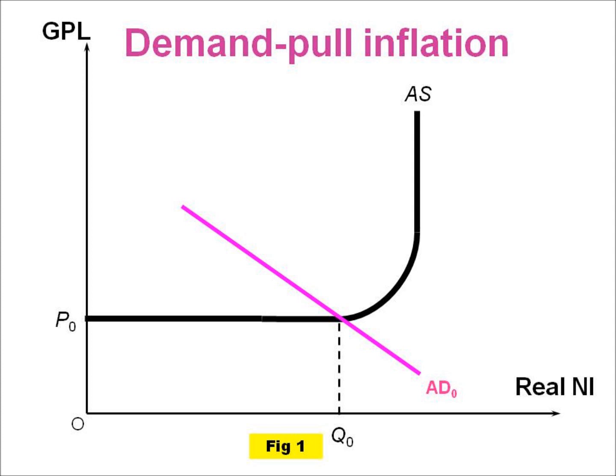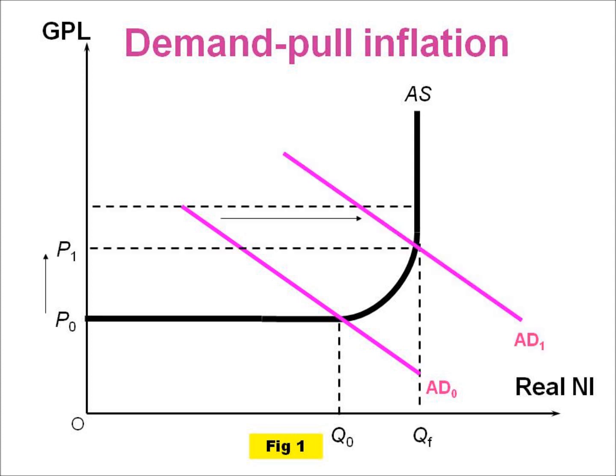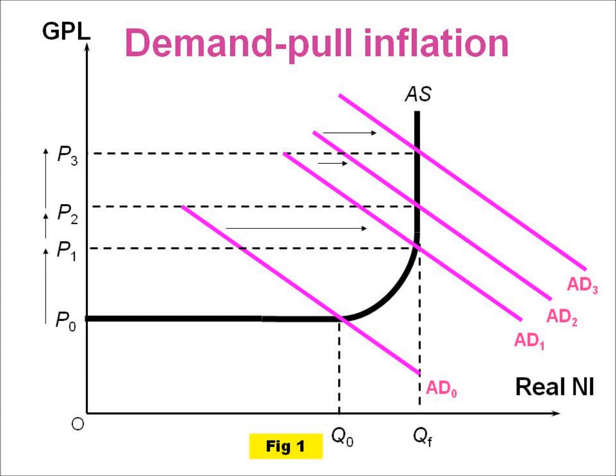Hence, when the Chinese citizens increase their current spending, the demand for the Chinese goods will increase. When this happens, the AD curve will shift towards the right from AD0 to AD1, hence raising the price from P0 to P1. If this trend continues, there will be a continuous rightward shift in the AD, causing further increase in price, for which the trend is known as demand pull inflation.